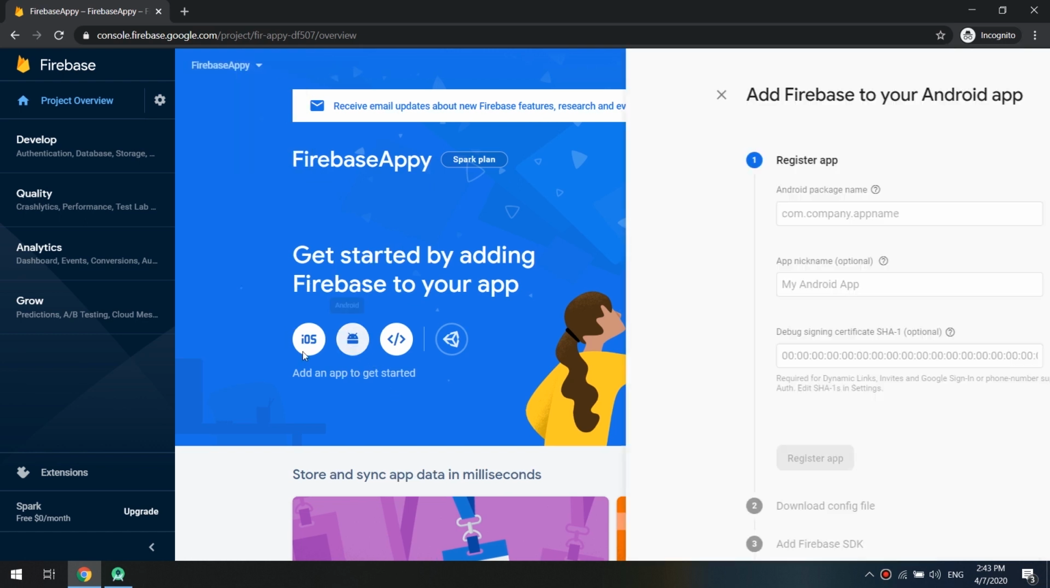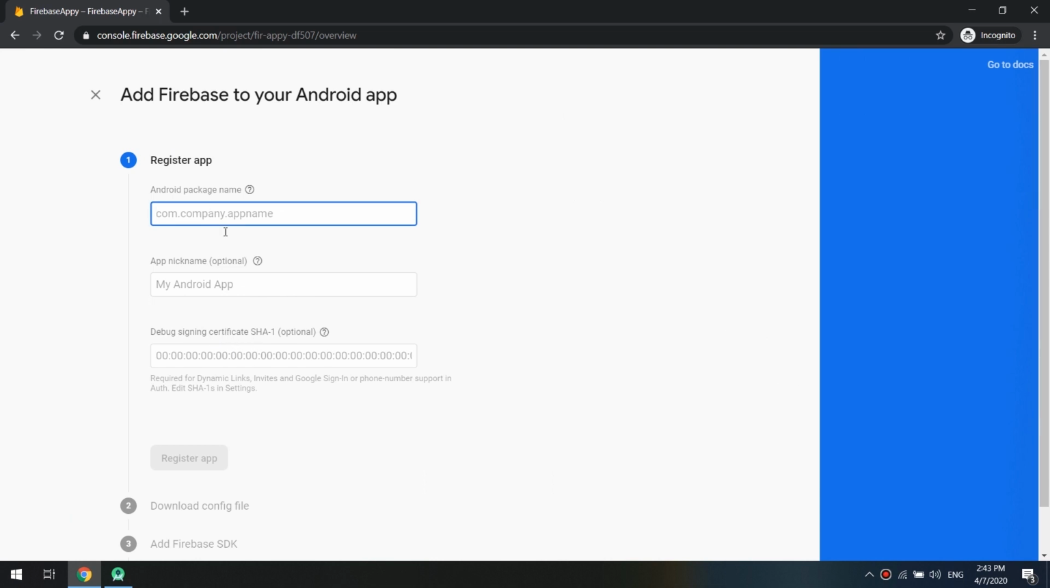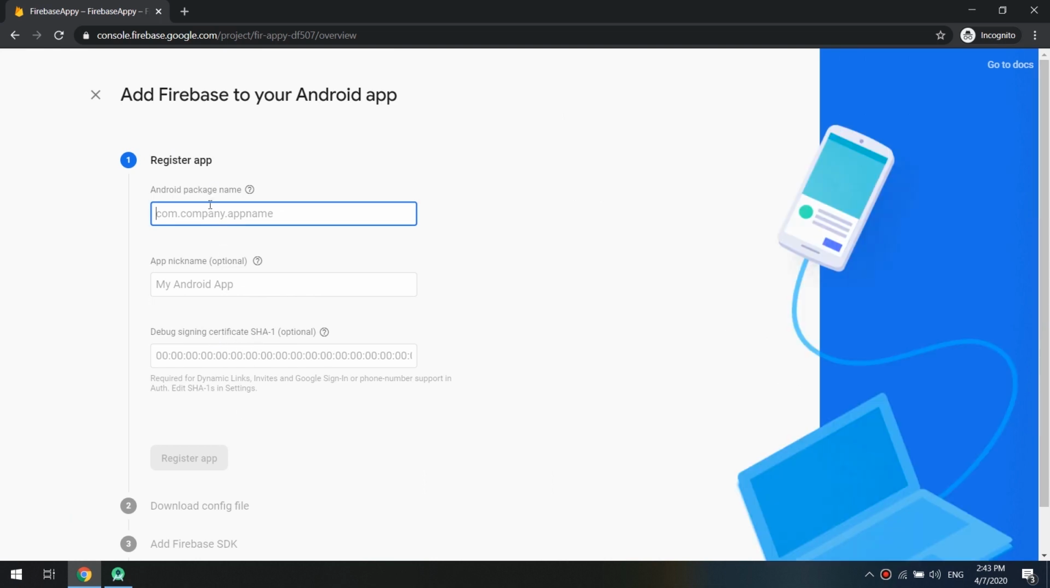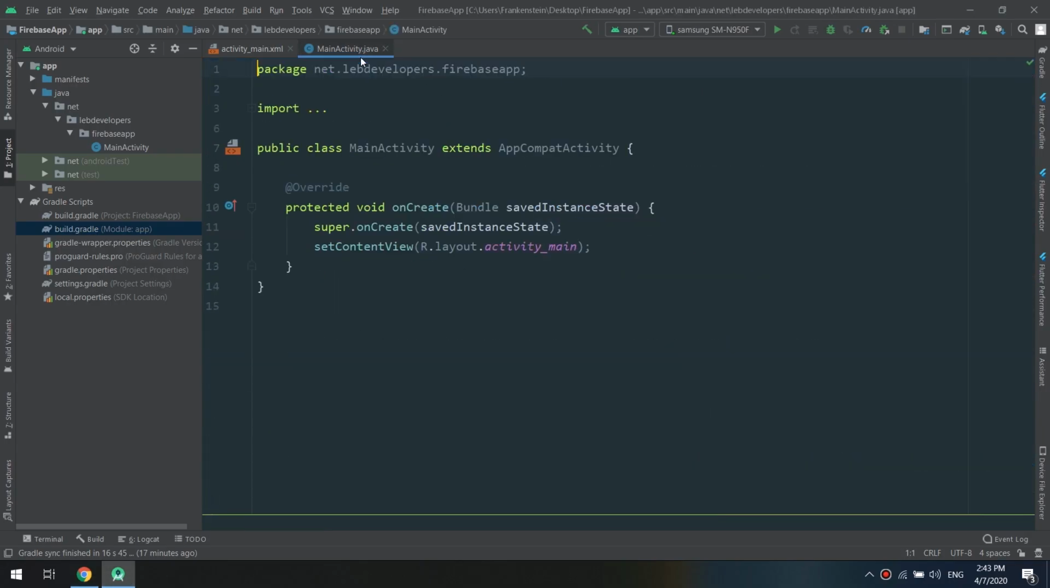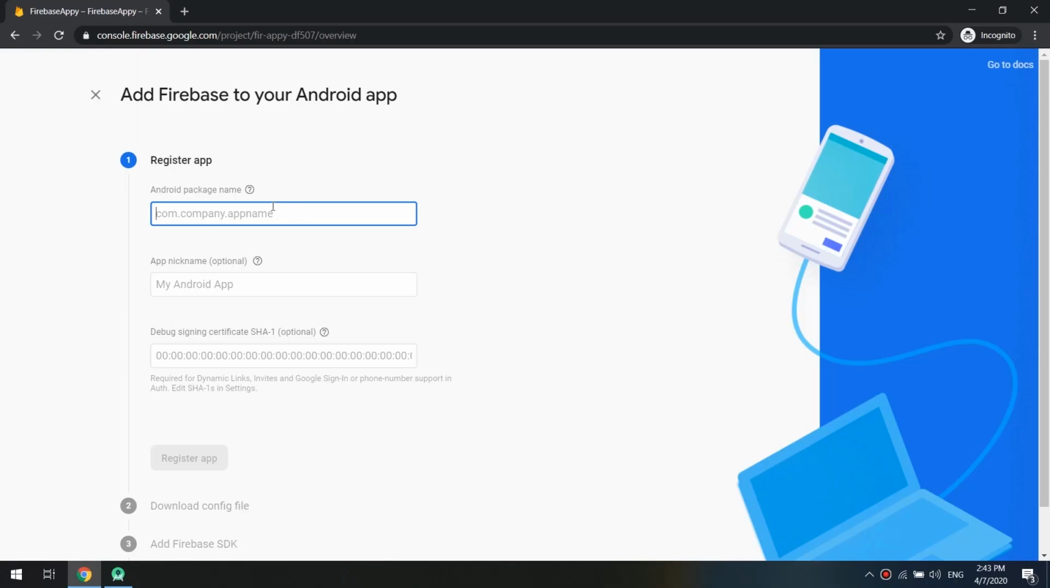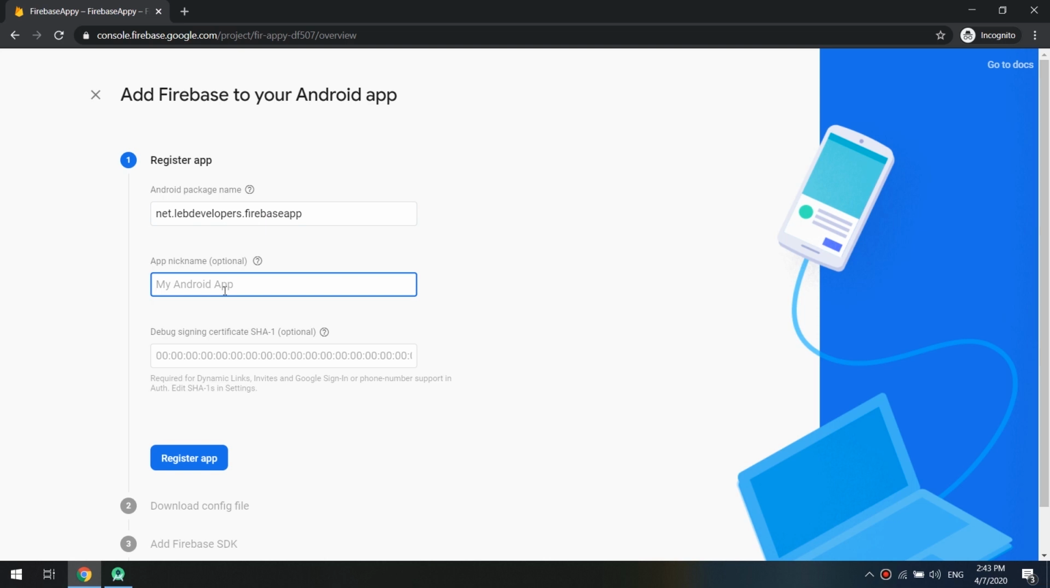So you can get the configuration of the iOS too. The package name. First of all, we need to add a package name. We go to Android Studio and we open the main activity and copy this. This is the package name. We paste it